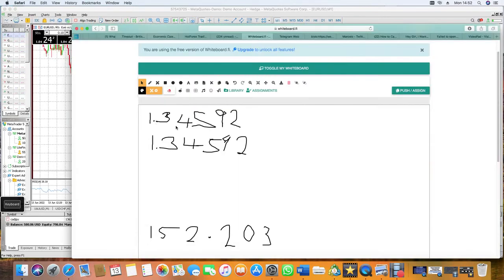You have the Euro USD, and the exchange rate is 1.34592, and you are buying from this exchange rate, meaning you are going to add. Let's take it, you buy in 10 pips. You wanted to take your profit in 10 pips, so it's going to be